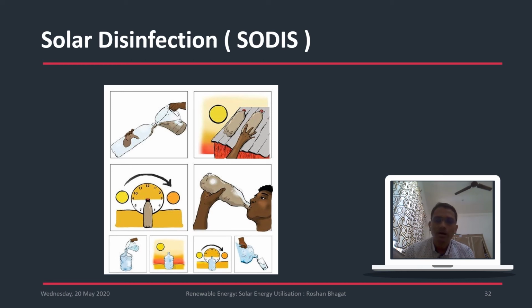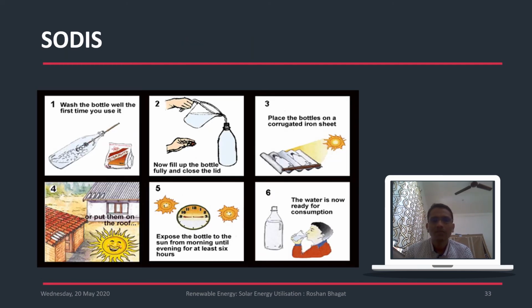The normal or conventional bottles we used to observe, because of sunlight, after some use they become green, or you can observe some kind of things inside. This doesn't happen in the case of polyethylene terephthalate bottles. So we'll discuss in detail how these things can be done. First thing is you have to wash the bottle. Second thing, fill up the water in that particular bottle. Then keep this bottle exposed to the sunlight. It can be kept best on corrugated sheets, like the corrugated sheet houses we observe in villages. On the roof of that we can keep this bottle and expose it to sunlight for some 5 to 6 hours.